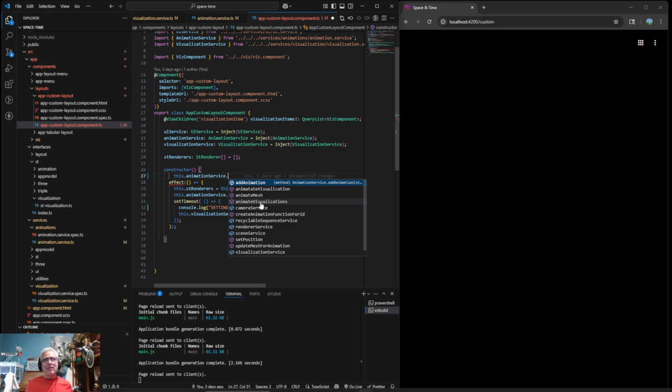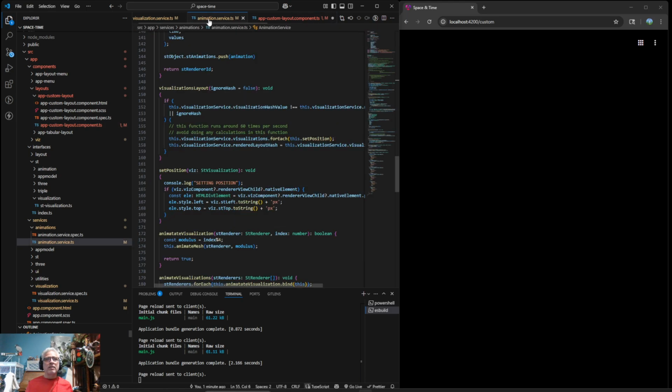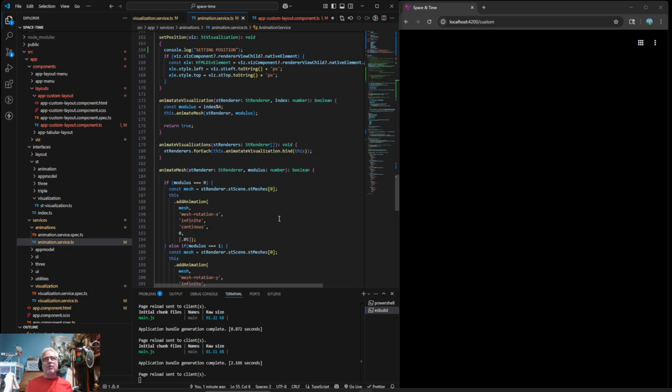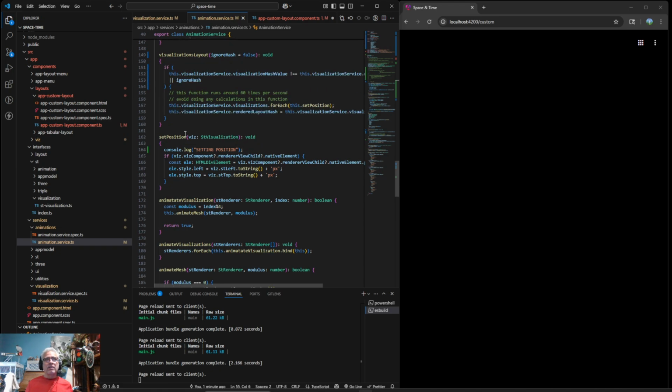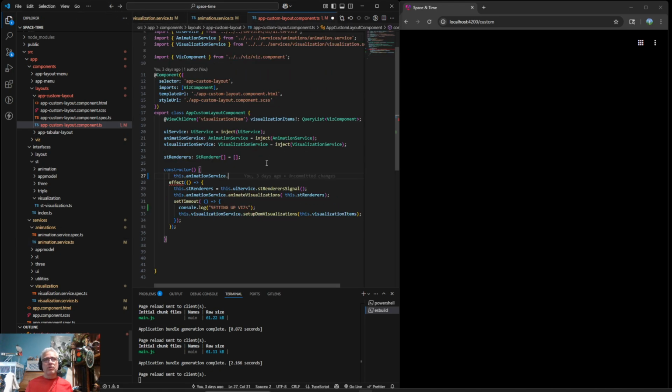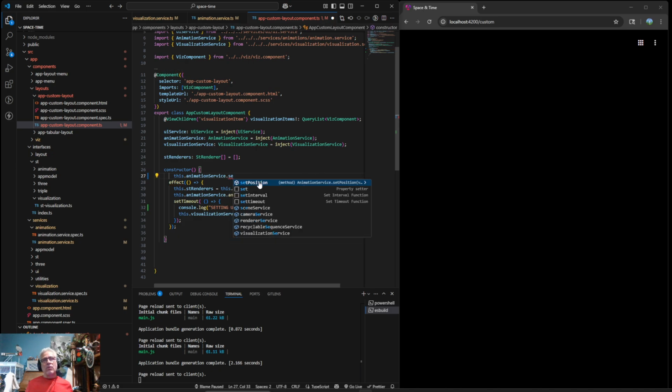Is it that one? Animate visualizations? I don't even remember. Let's see. Unfortunately, we have a couple that are sort of named similarly. Animate visualizations, that's not it. Set position. Yeah. So we would do like a set position like this.